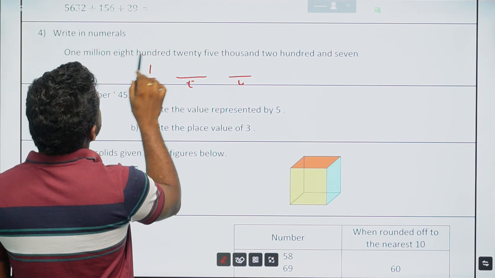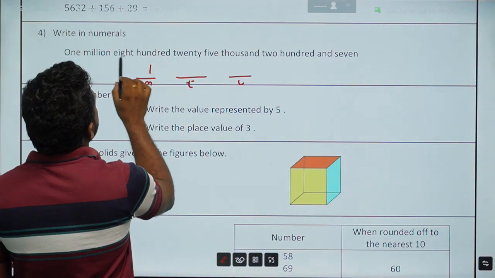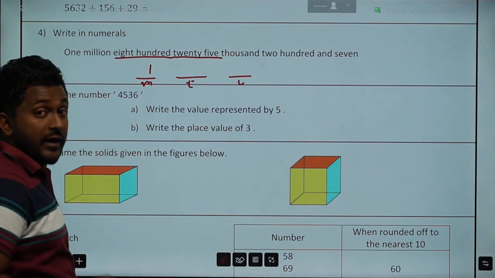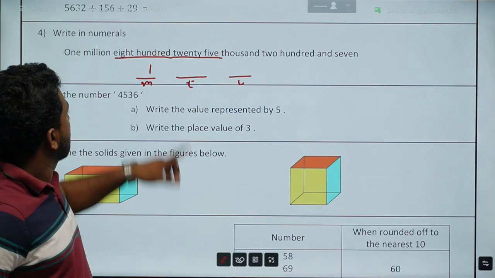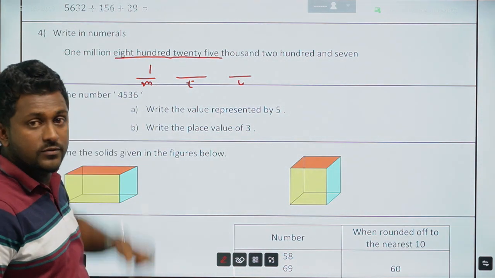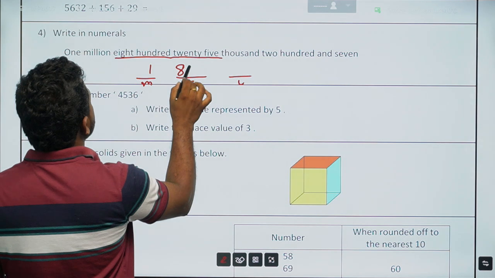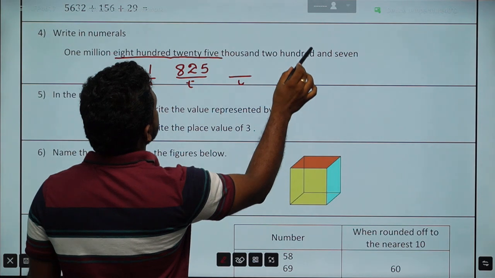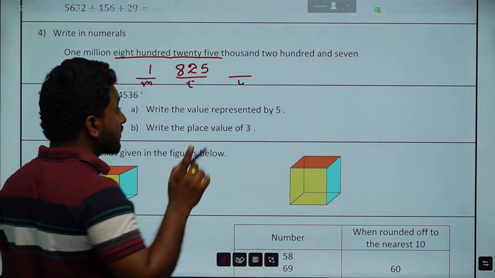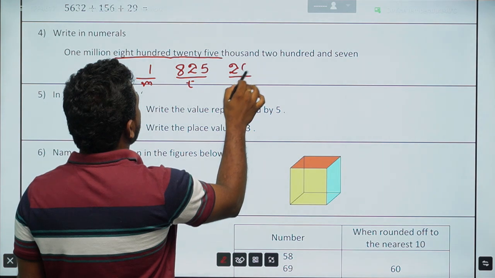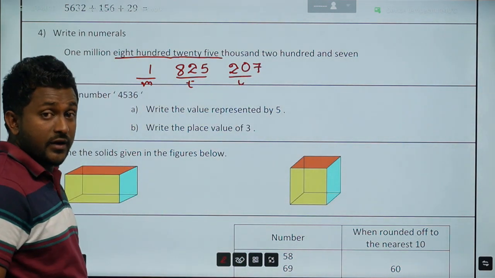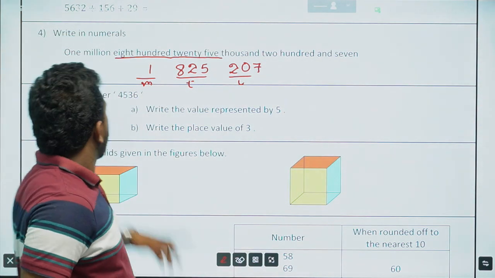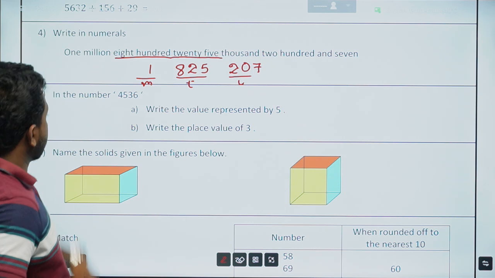Then 825,000. So what is the value in thousand period? 825, and 207. So in unit period 207, that is the number. So when we write that number, we have to write in standard form. Okay, next one. In the number